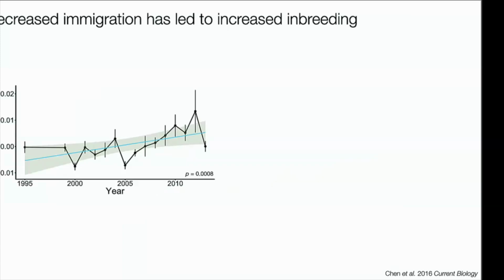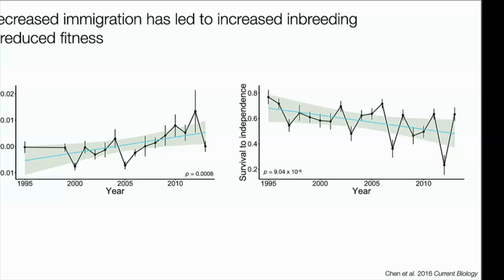So because there's been a decrease in immigration over time, we found a significant, though very small, increase in the mean inbreeding coefficient of our birth cohort over time. And this has actually led to a decrease in juvenile fitness over time. And so this is a fairly concerning result from conservation